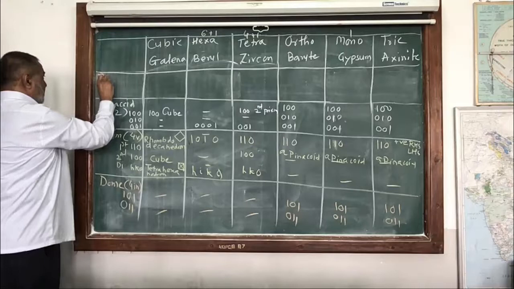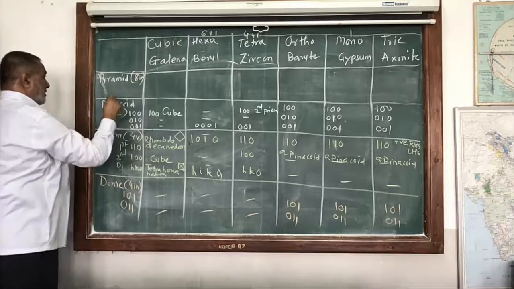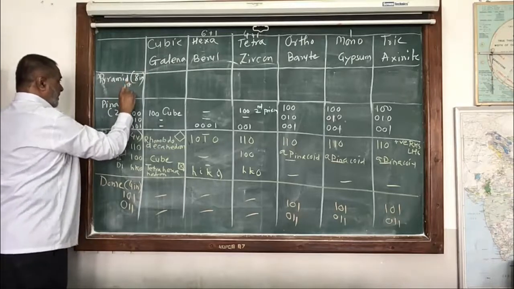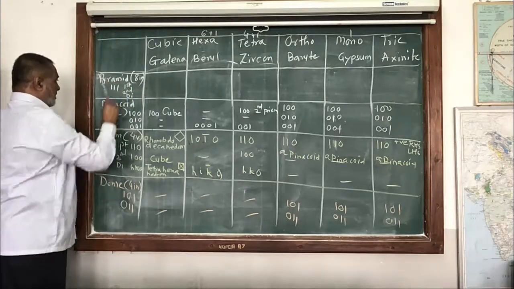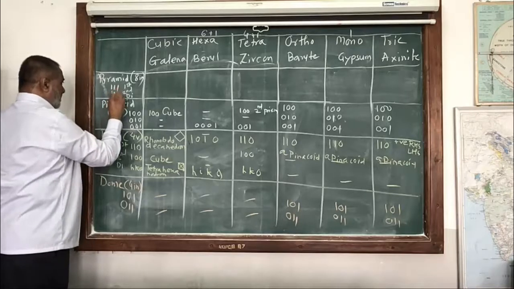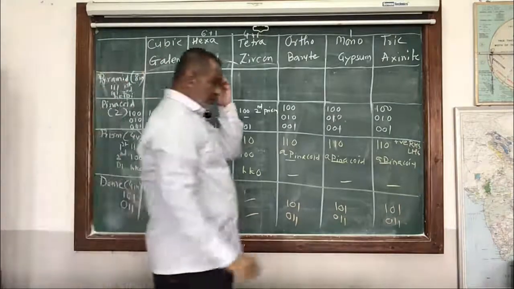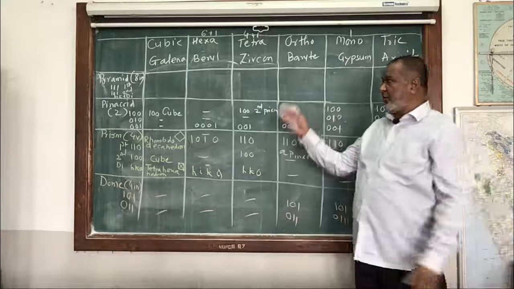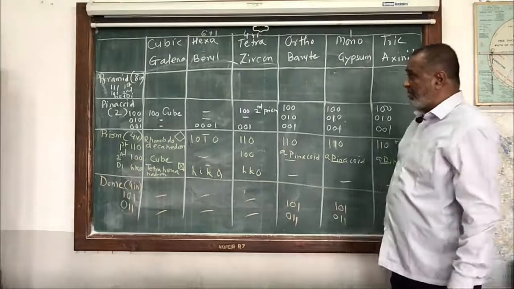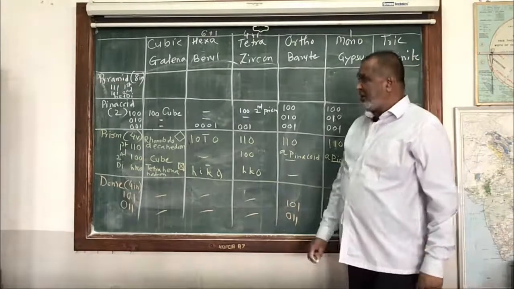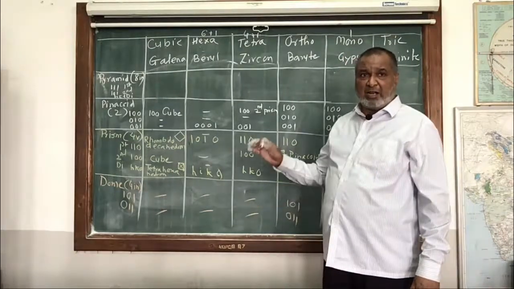Yes. Next one will be a pyramid. What is a pyramid? 8 inclined faces. And here first order, second order and di. So here we have 1, 1, 1, then 1, 0, 1 and HKL. These are the common indices available for a pyramid: 1, 1, 1 normal first order pyramid, then the second order 1, 0, 1 and the di-tetragonal or di-hexagonal pyramid will be HKL and HI bar KL.